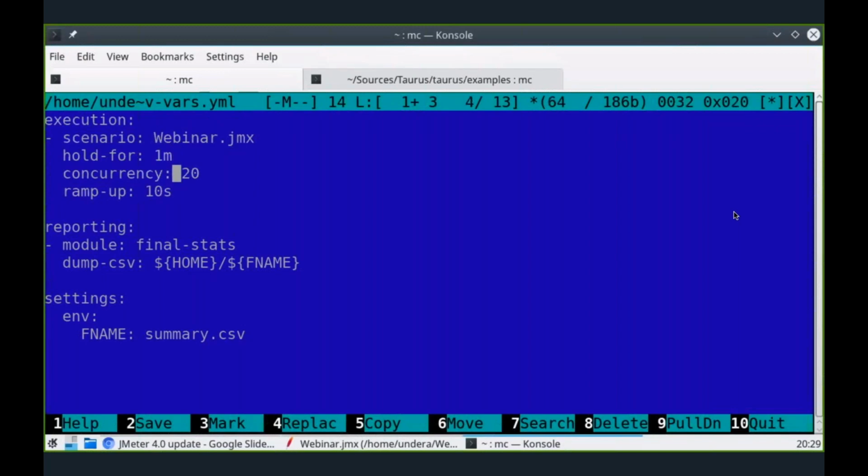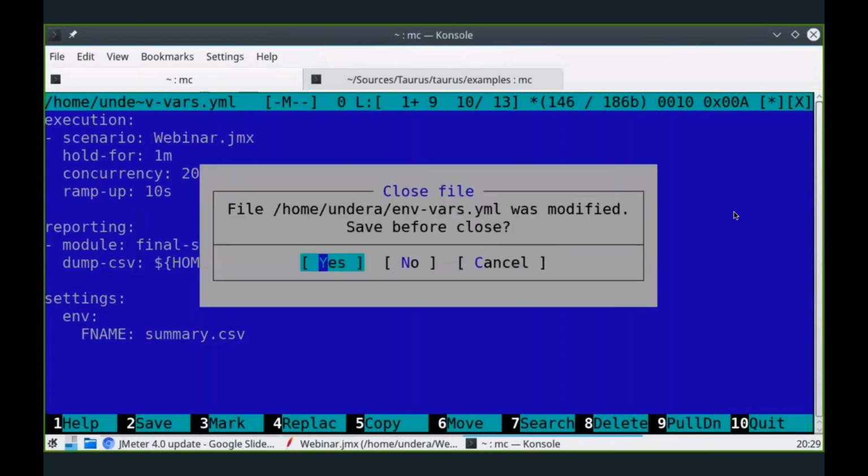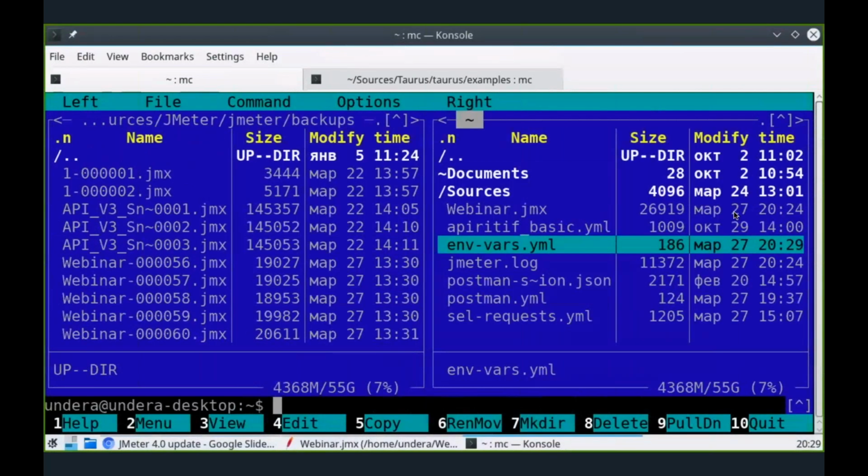Hold for 1 minute. And in reporting settings, I am specifying for the module final stats to dump a CSV file of the summary of the test using 2 variables. Put it into the home directory, which is specified outside of Taurus as a default environment variable of my machine, and use the file name of fname, and fname is defined here. So if I run this script now, bzt this script,